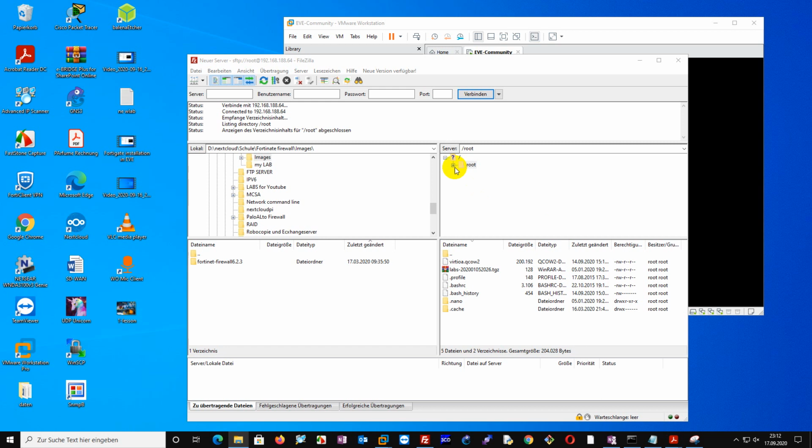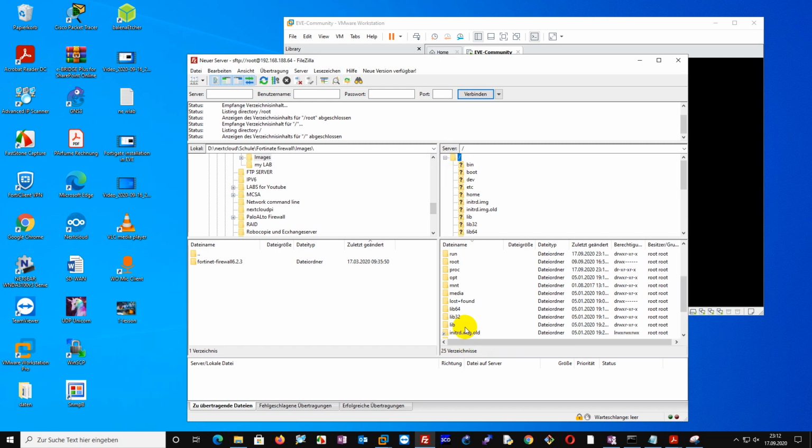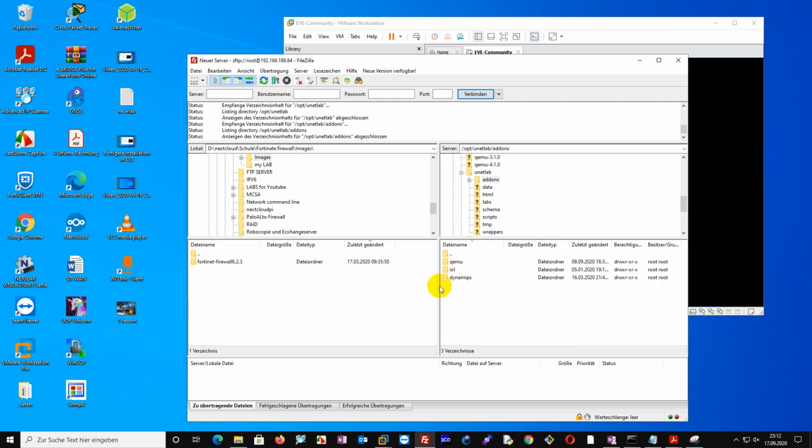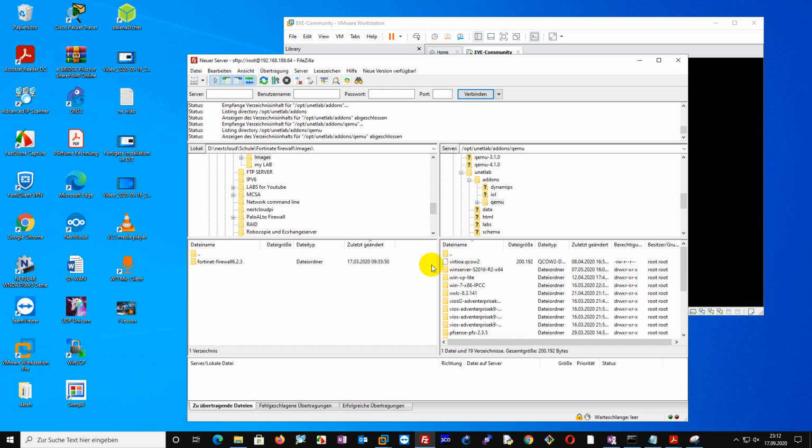So what I do, I just click on the question mark and search for a folder named opt, and then unetlab and addons and the qemu, because the format of this file is a QEMU format, and it's a drag and drop process. It means after we found our image, we just need to drag it to the EVE community directory. So it will take some time after dragging it, and after it's done, then you will see